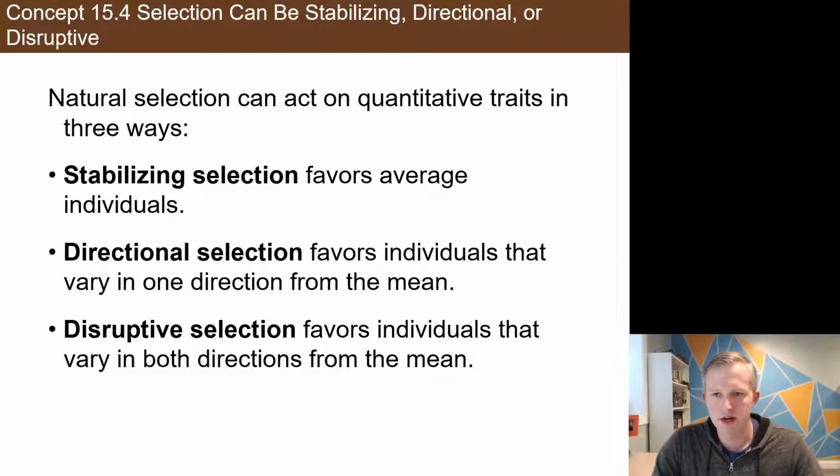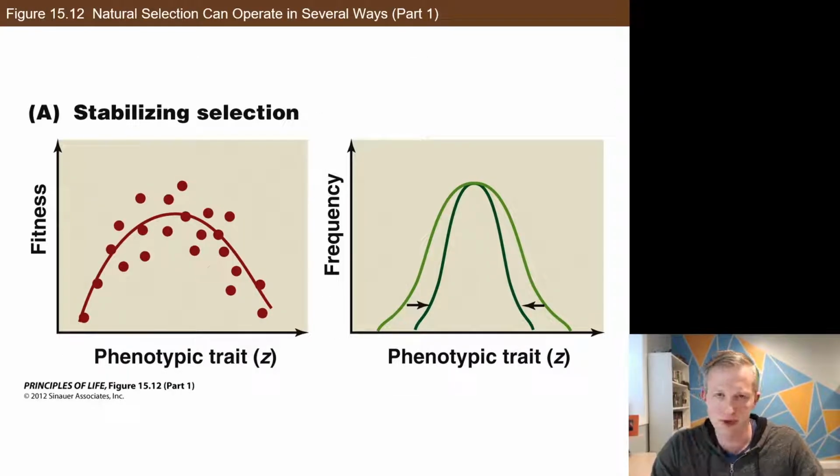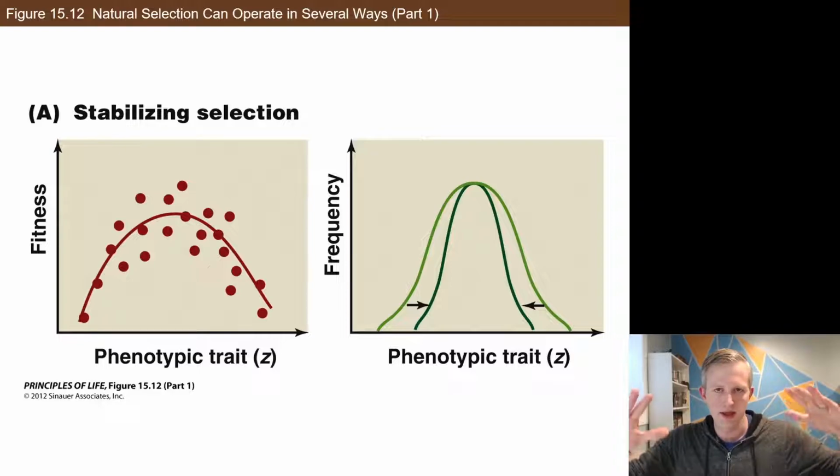Selection can happen in a variety of ways: stabilizing, directional, and disruptive. These are all pretty easy to understand. Stabilizing selection is where you have some trait and we're measuring that against fitness. Fitness is survival to the point of being able to reproduce. And you notice that the individuals in the middle here tend to survive the longest. And so if this is true of a population, then over time what we expect to see is that we're going to get a honing in on that trait,